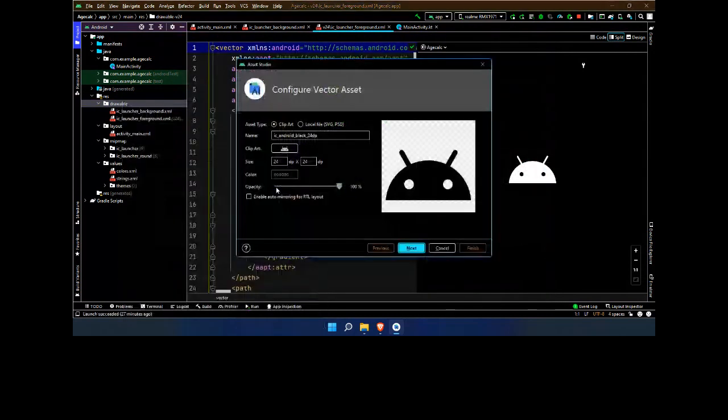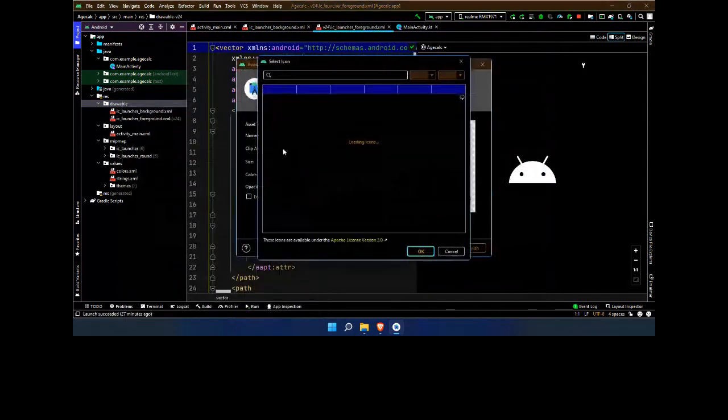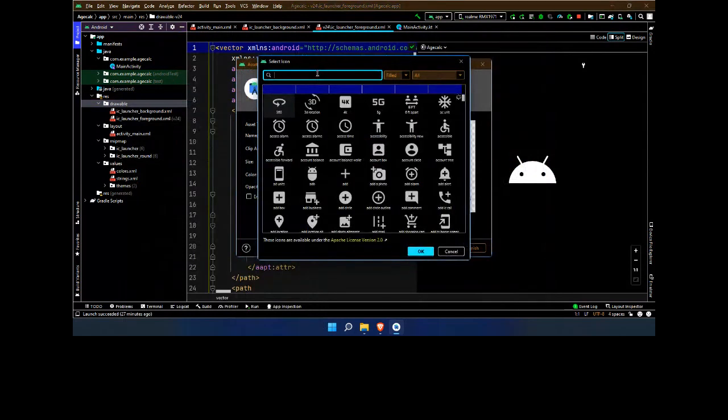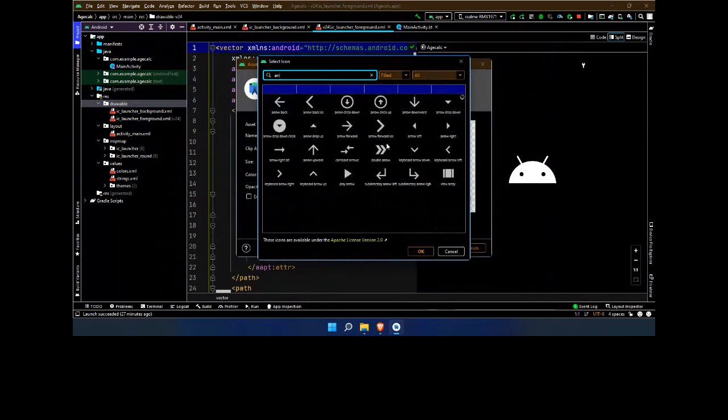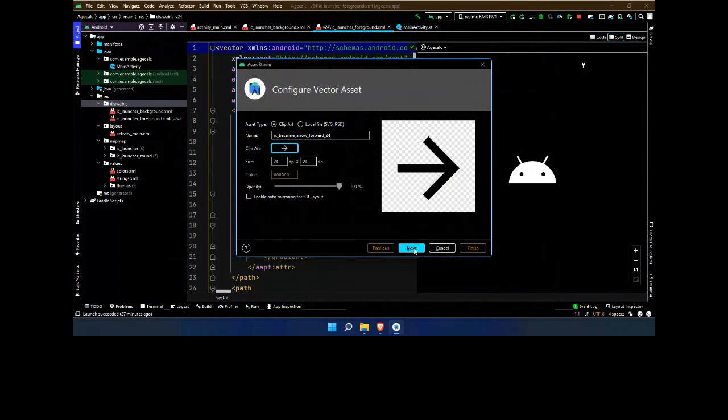You can use vector asset. Like I need a back button, or I need a proceed button, so I need an arrow. I'm going to choose an arrow. See, I have these kinds of arrows. I'm going to choose this one, arrow forward. You can also make it a go, right? If you need to urge the user to press go, you can simply use this icon for that intimation. If I press next,